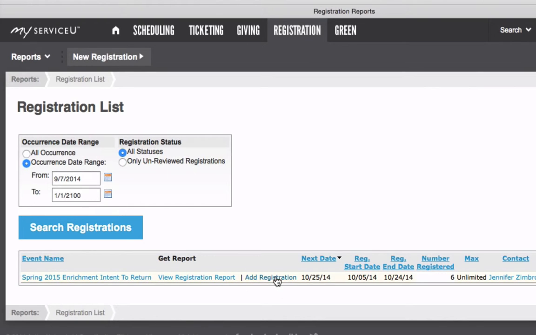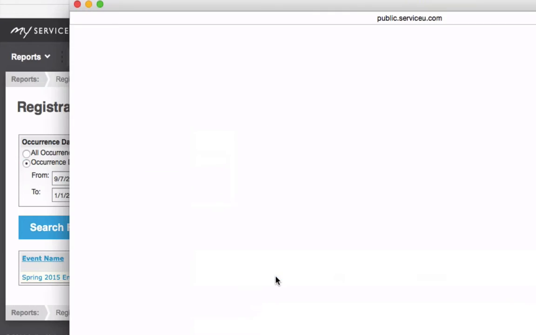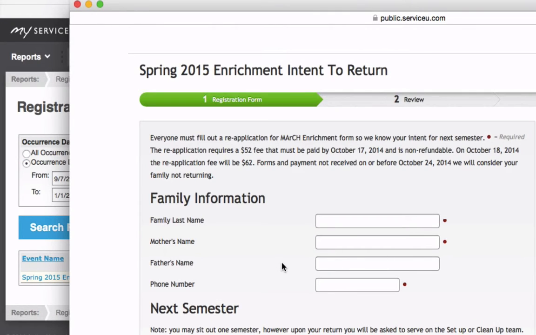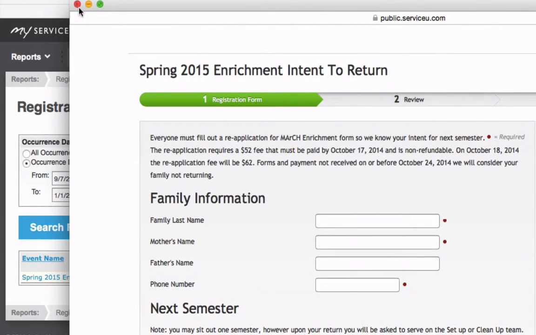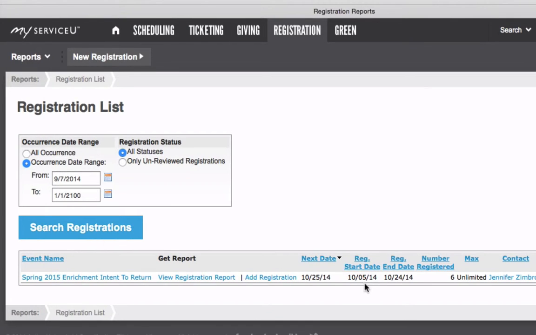You can add a registration here, so if you wanted to, you could click on this, and you can actually see here's the form that the people are filling out. And it tells you, if you keep going down, when the actual registration begins, when it ends, and then so far we have 6 people registered, and then who the contact person is. You might have 2 or 3 or 4 things going on at the same time,